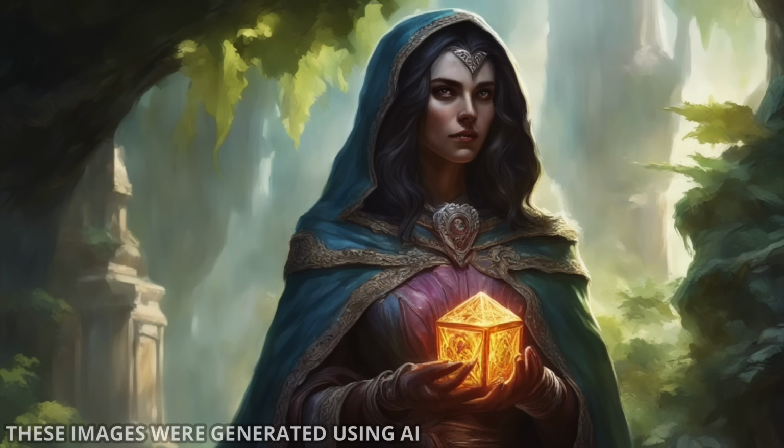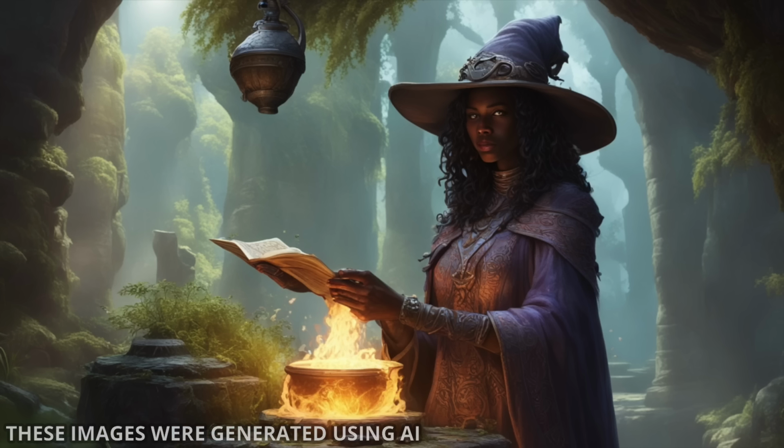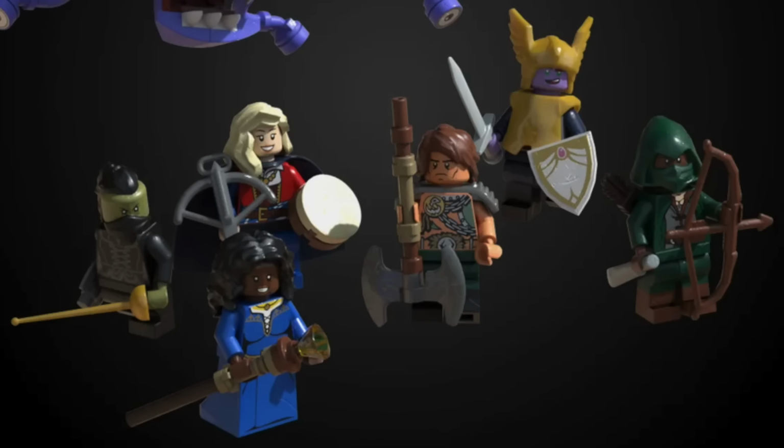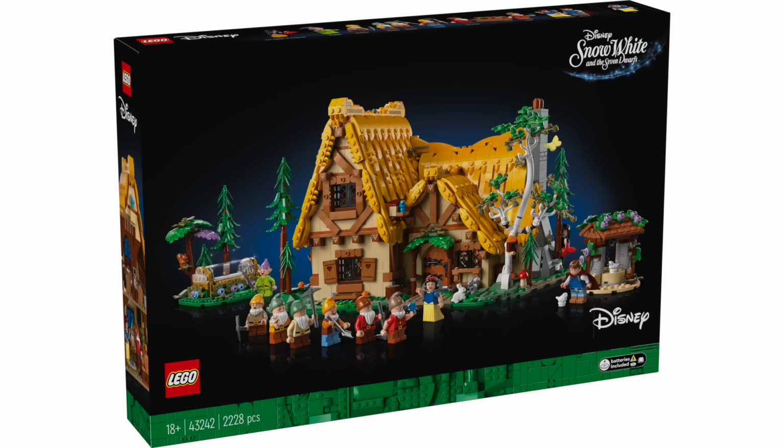and sword, the Lady of Pain with cube and cape, Zariel with red skull, energy blast and dark red collared cape, and Tasha the Witch Queen with book and cauldron. Plus, many of these designs will include alternate gender faces for customization, and I think D&D or LEGO Castle fans are gonna love this. Next up, this week got the reveal of the LEGO Disney Snow White and the 7